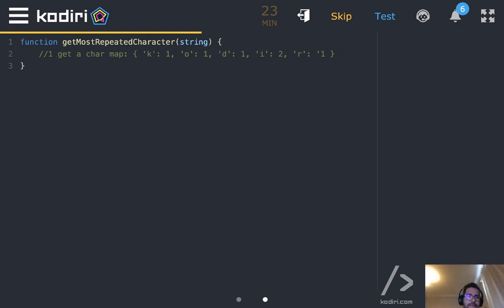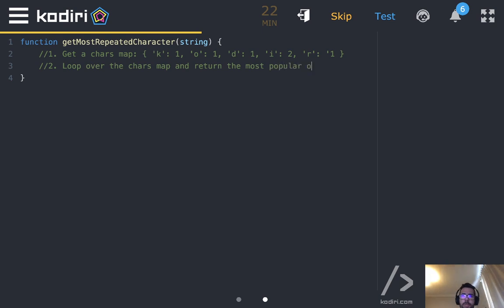Once I got that, the second step is to loop over the characters map and return the most popular one. 2 steps.